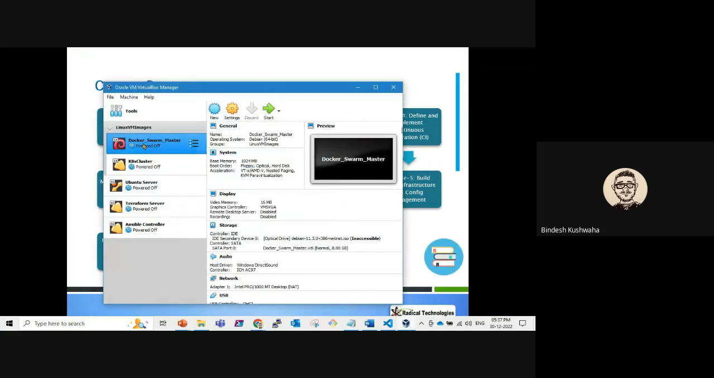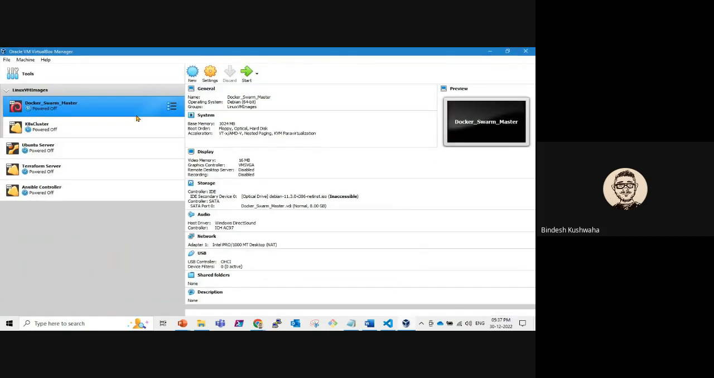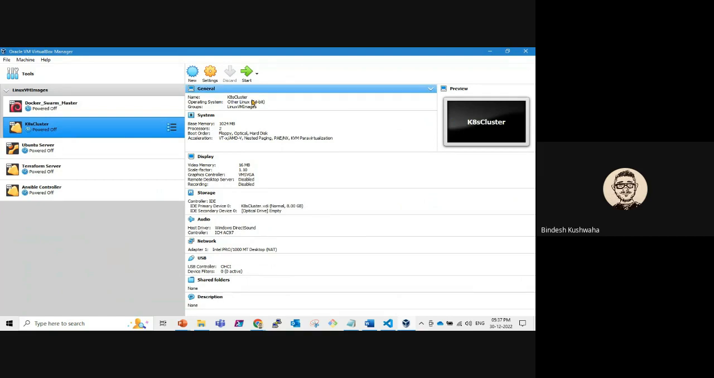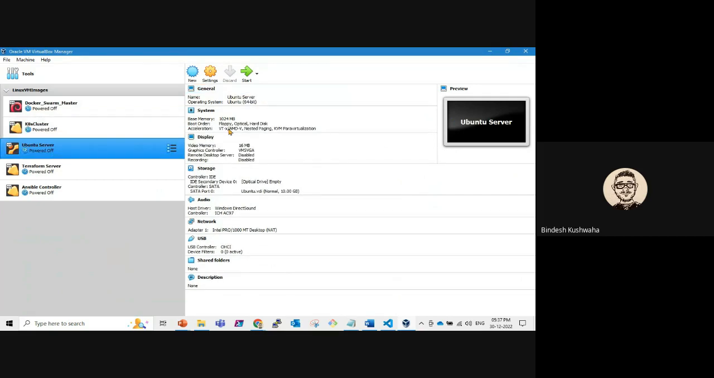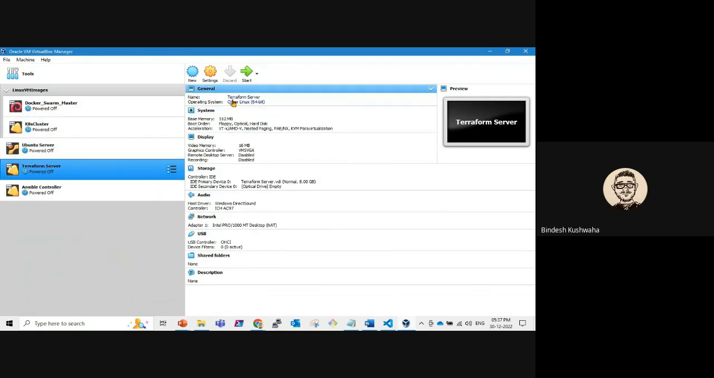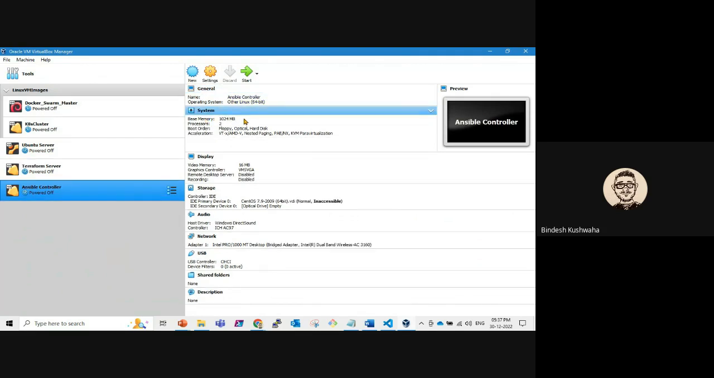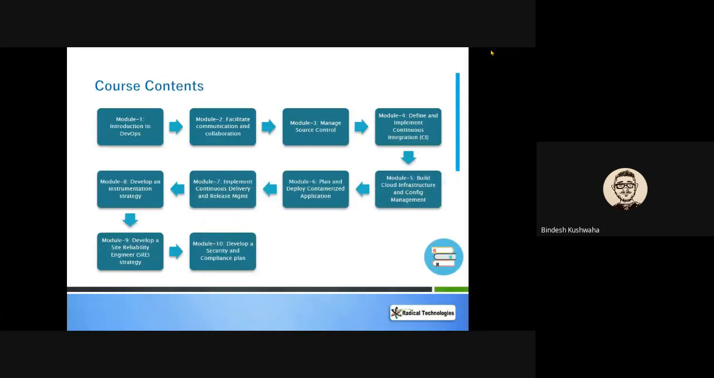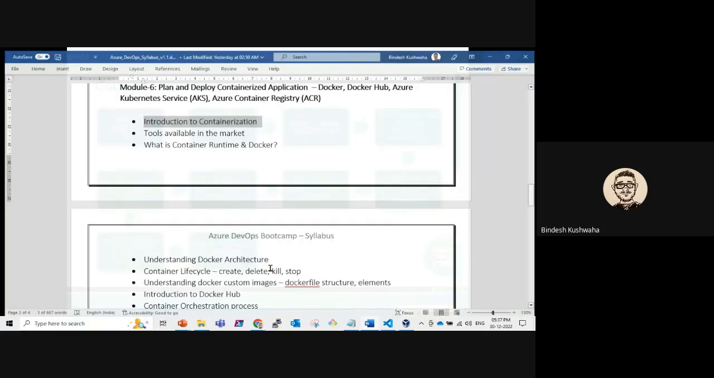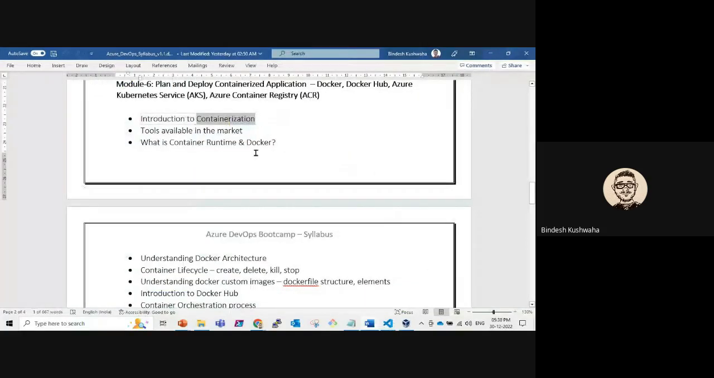This is my VM number one, which is a Debian image. This is a Debian virtual machine. This is CentOS. This is Ubuntu. This is again CentOS. So I have got four or five operating systems which I can run parallelly with the help of the hypervisor. So here in this module we will compare containerization with the virtualization technique,